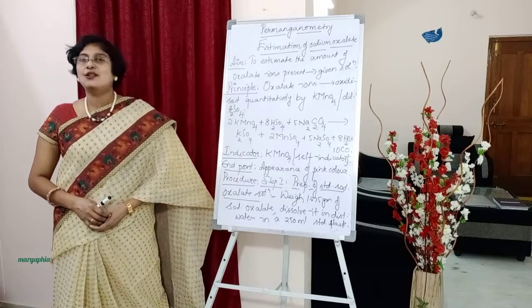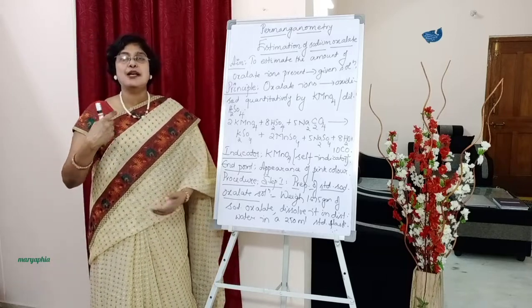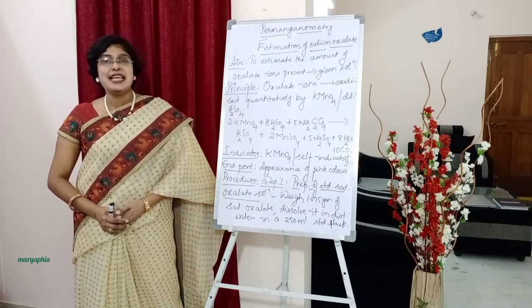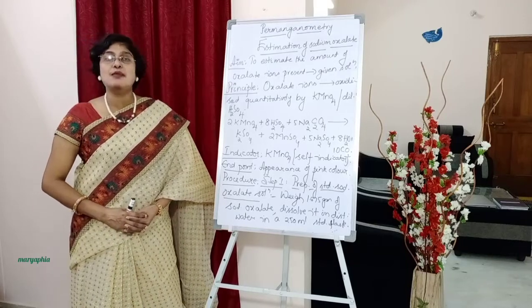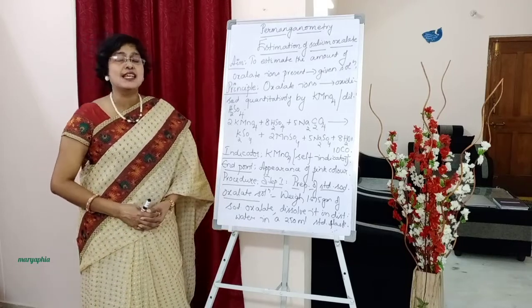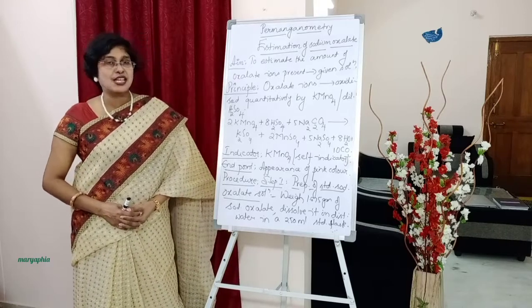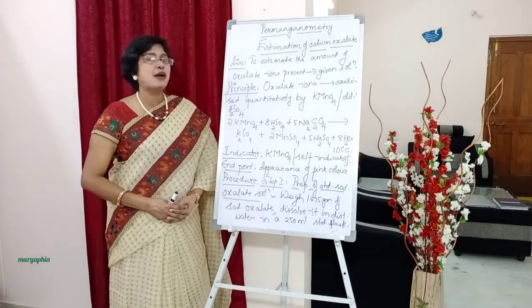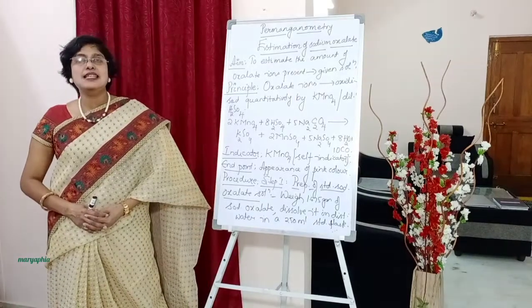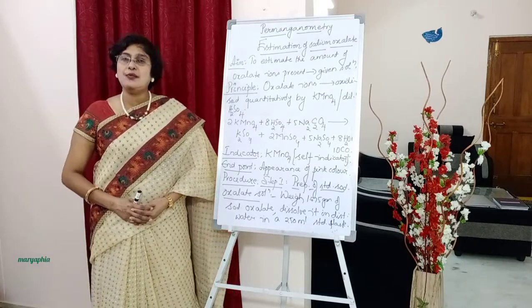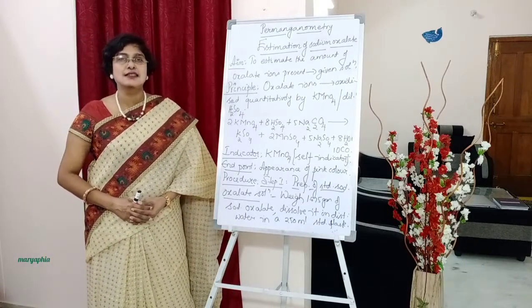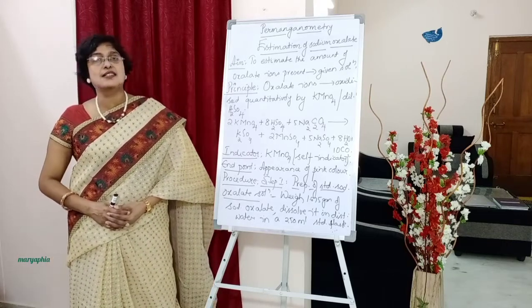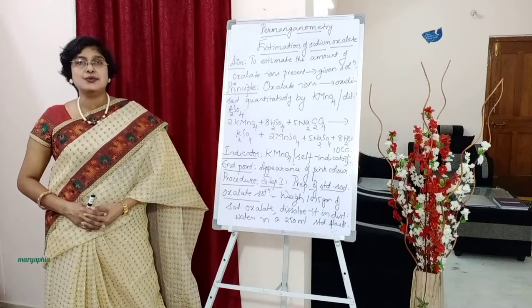Below permanganometry, you should put another heading, estimation of sodium oxalate, Na2C2O4. Okay, so as we all know, we begin the experiment with the aim of the experiment. So what is the aim? Aim is nothing but to determine the amount of oxalate ions present in the given solution. Put the side heading aim. To estimate the amount of oxalate ions present in the given solution. See, oxalate ions, C2O4 2-.